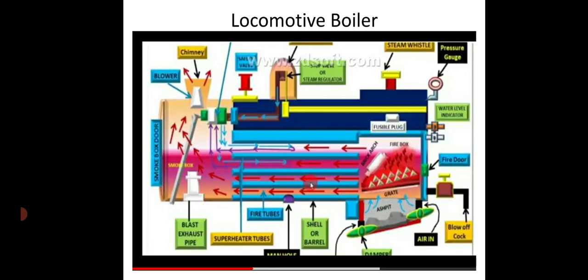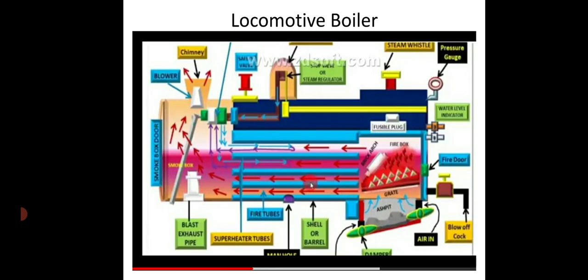The circulation of air and the gases is improved by means of induced draft produced in the smoke box. The waste steam from the engine enters the smoke box through the blast pipe and expands. Due to the expansion, it produces a partial vacuum which improves the movement of hot gases and air. The waste gases go through a short chimney. A door is provided in the smoke box for inspection and cleaning.